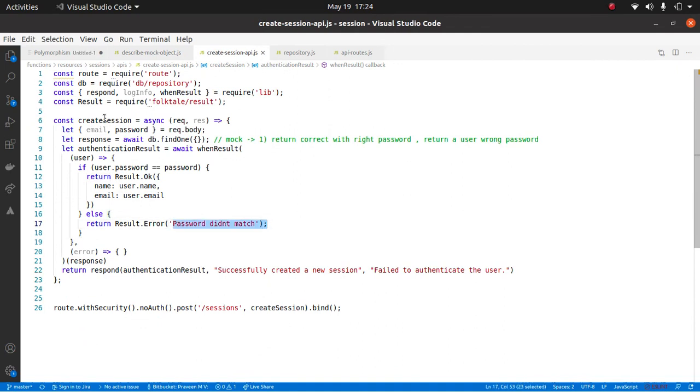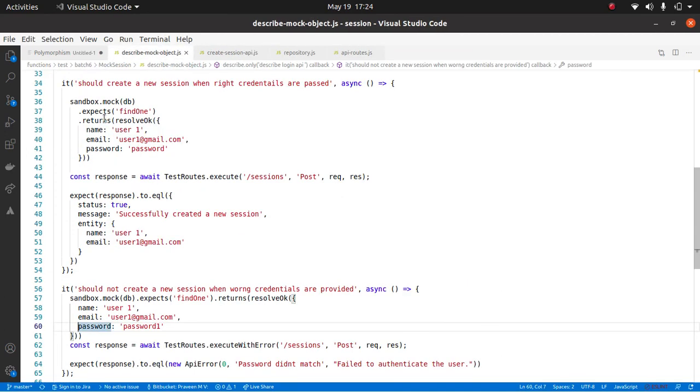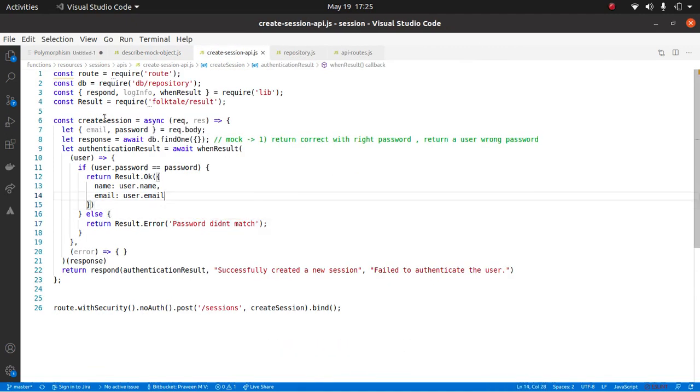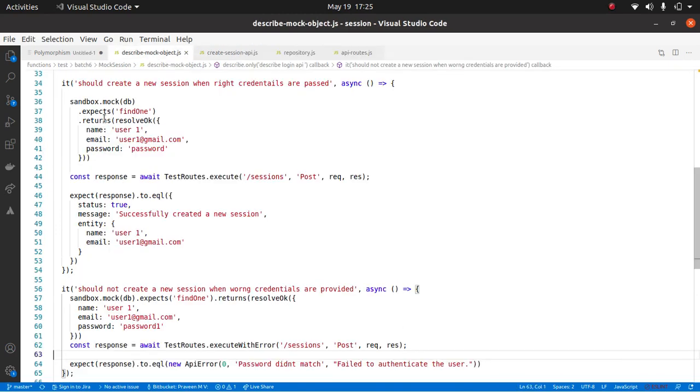Got it? So now let us continue with this. How do I make this fail next? Till now the implementation is not completed, correct? This is partially done. So how do I drive the next level of implementation? First I told it should return the right user.